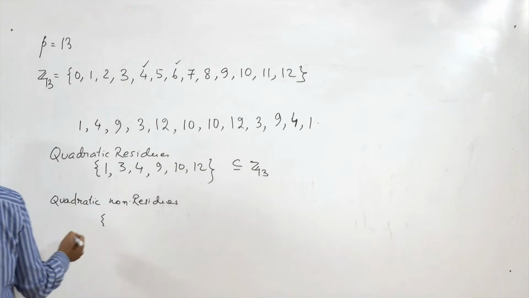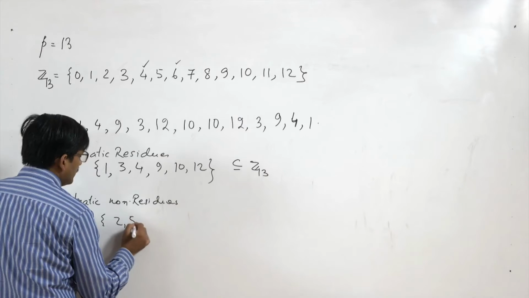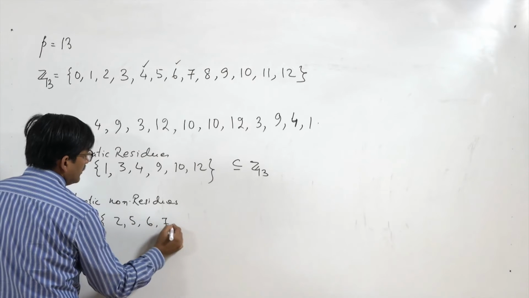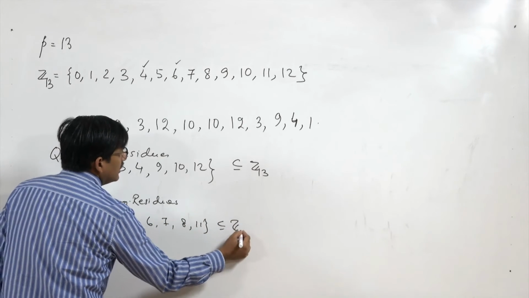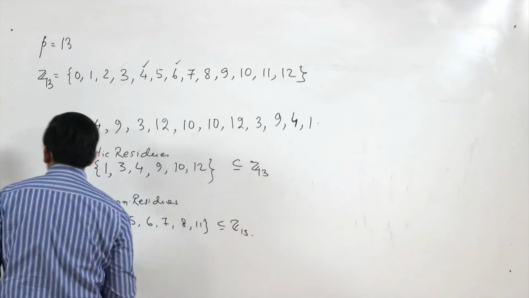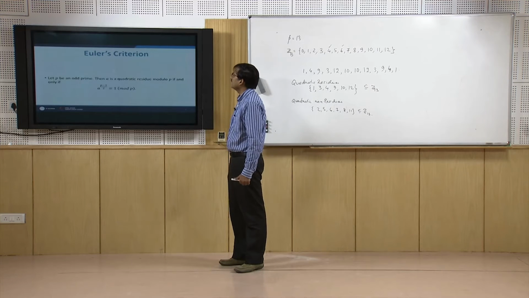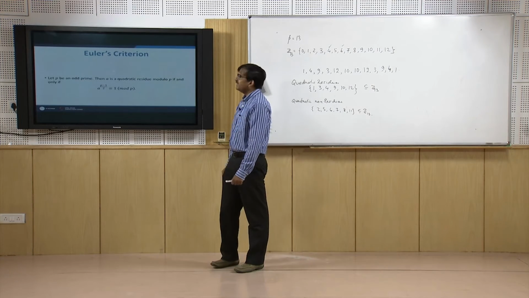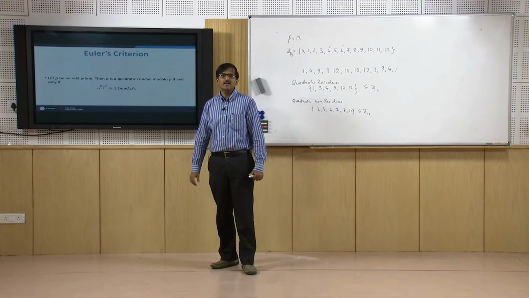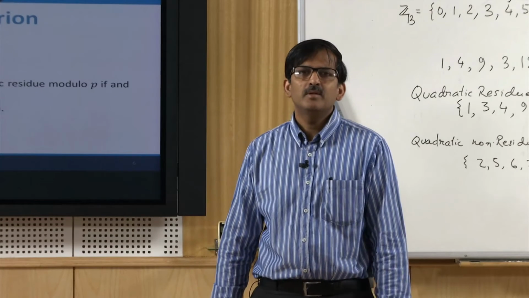Rest, namely 2, 5, 6, 7, 8, 11. These are also elements of Z13. Now we have a famous criterion called Euler's criterion, which says that in order to determine whether a